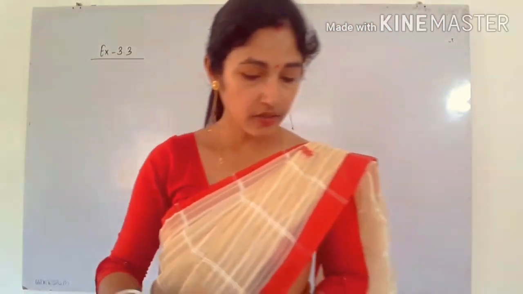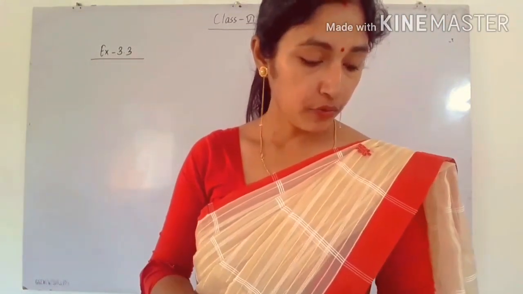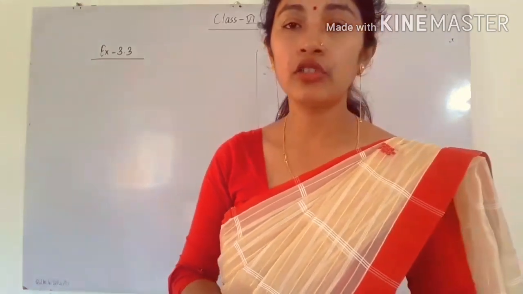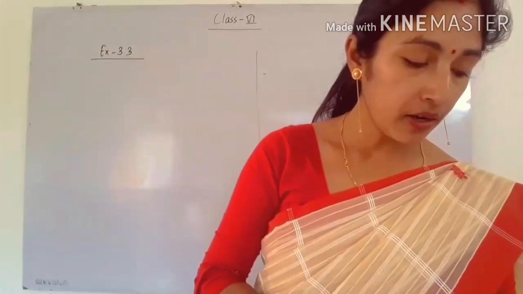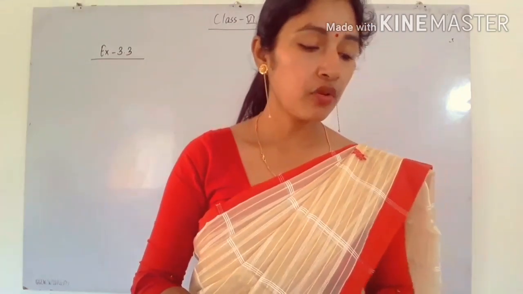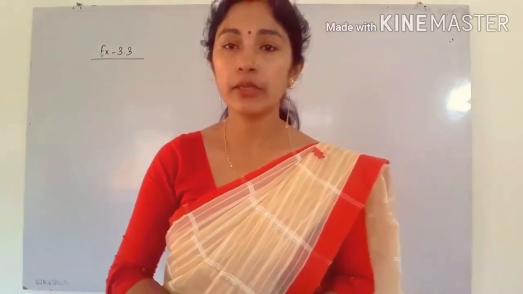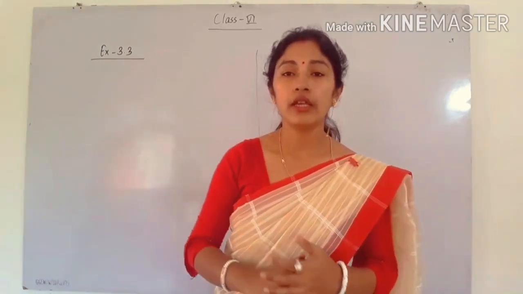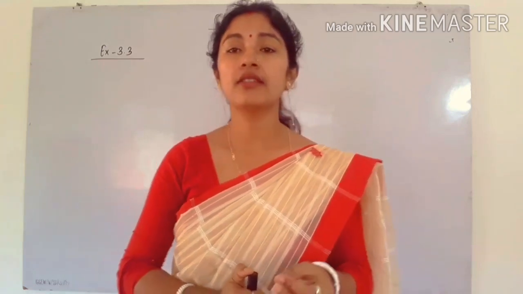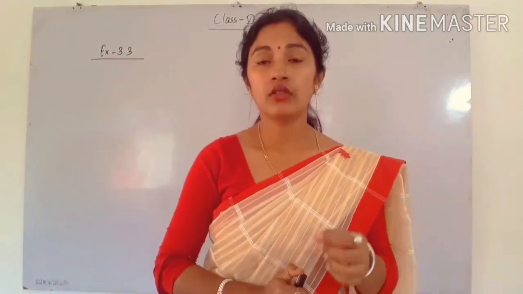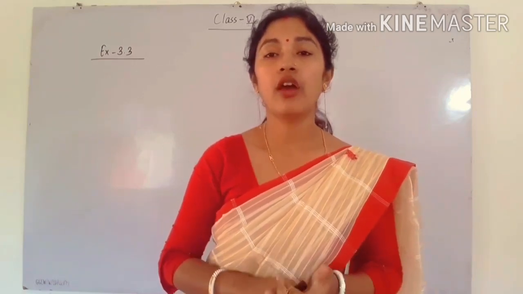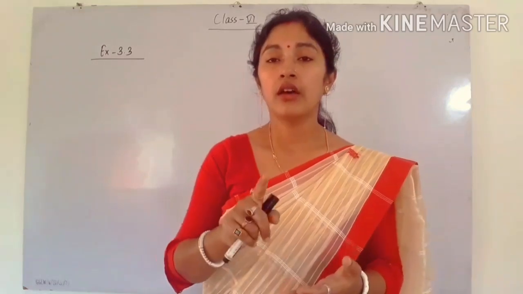Next I am going to exercise 3.3, but before that there is a task that you have to do. On page number 38 there is a table 3.1. In that table the numbers are written from 1 to 100. What you have to do? You have to color all the numbers which are divisible by 2. Already you know the numbers divisible by 2 have in their unit place 0, 2, 4, 6, 8, so you have to check the number's unit place.